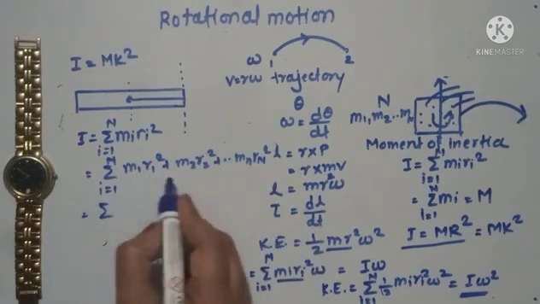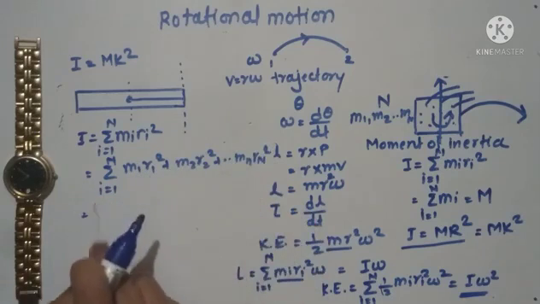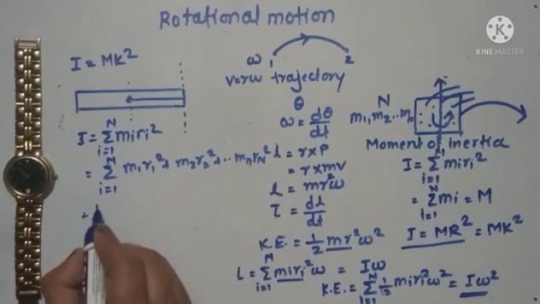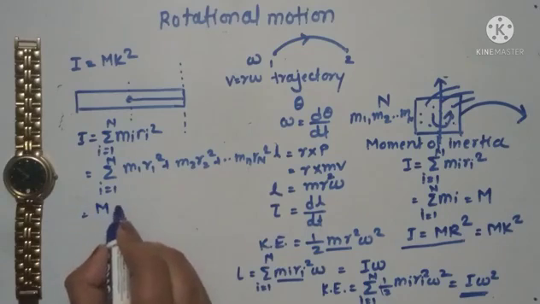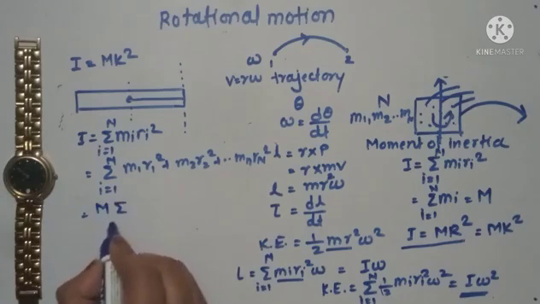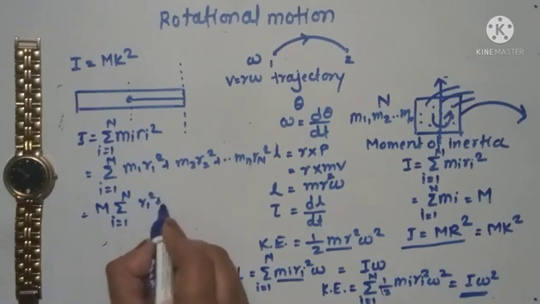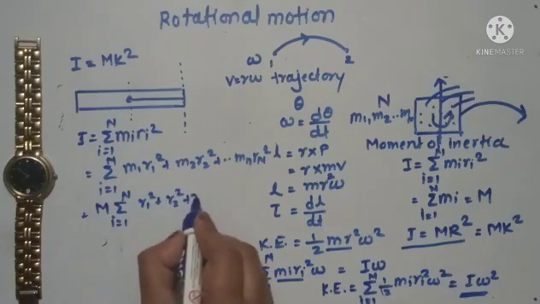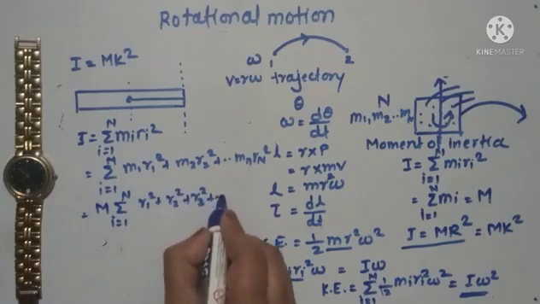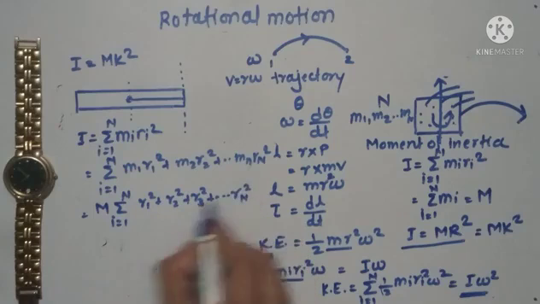So if the mass of each and every particle is the same, we can write the same equation as m into summation of i runs from 1 to n, r1 square plus r2 square plus r3 square plus up to rn square